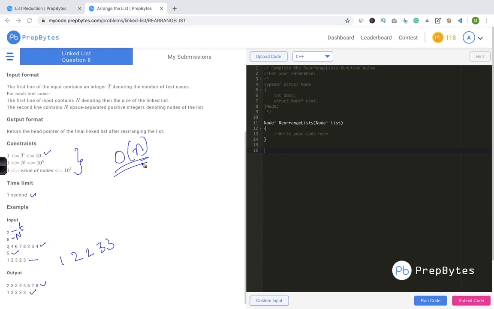And as I said, there is a constraint over here that we have to keep in mind, that we don't have to use any extra space. So let's go ahead and solve this particular problem. I'd highly suggest you first try on your own, and in case you're not able to do it, then you can come back and see the video. And I've already given you the hint that you have to think around the merge process of merge sort.